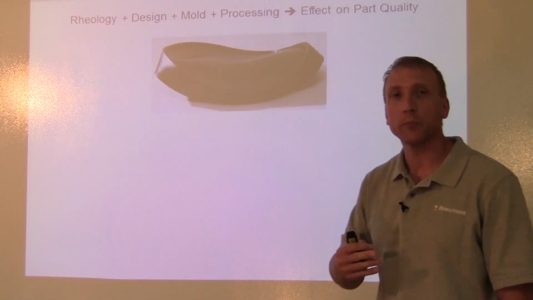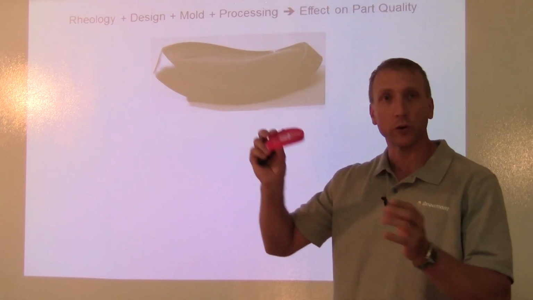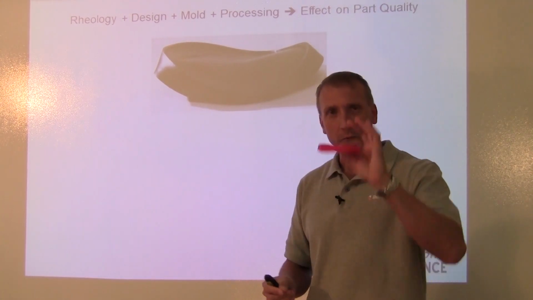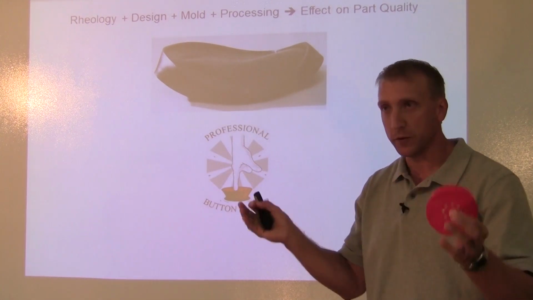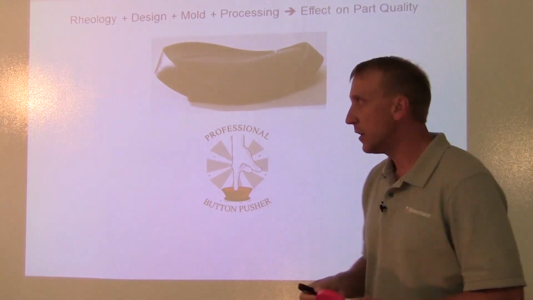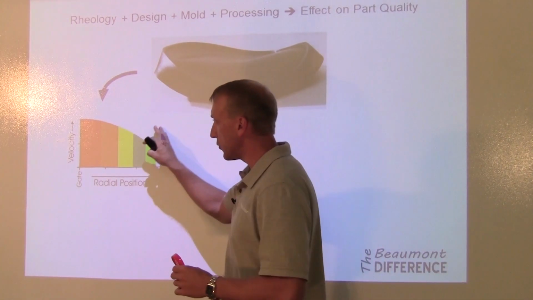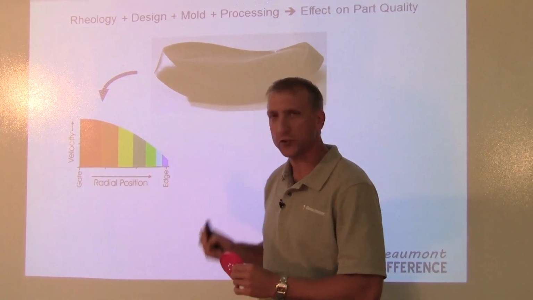As an example, say you've got a plastic part that's warping. Normally what's going to happen on the shop floor, somebody's going to look at that and call in their professional button pusher, and they're going to start hitting buttons on the machine in hopes of solving the problem. What we do is help you understand the process side, how the velocity profile is changing through that part,